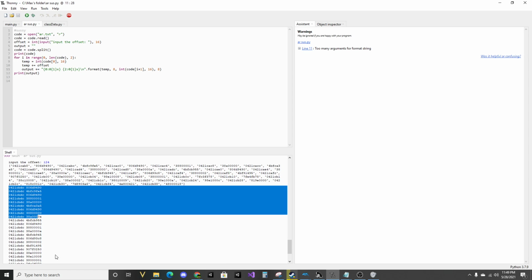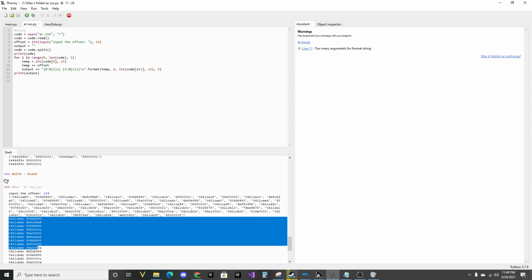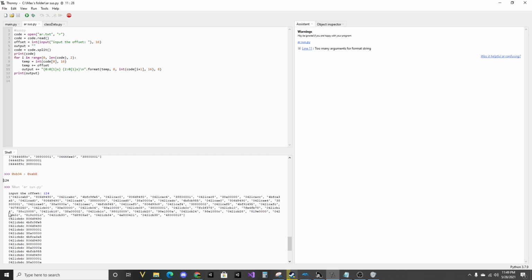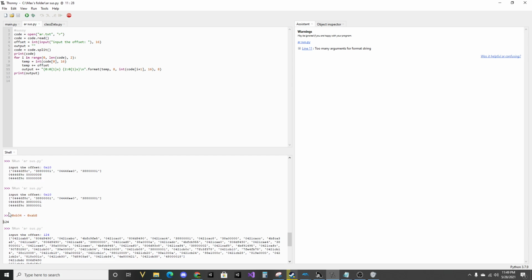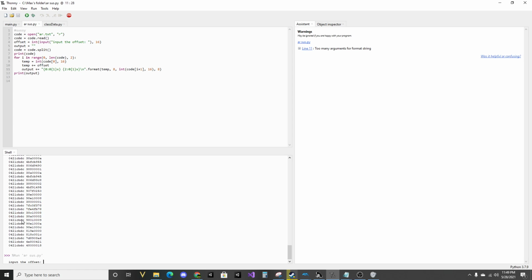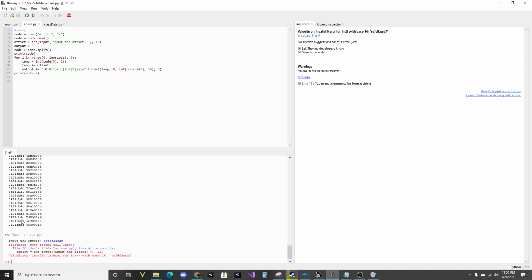Oh no, wait, sorry, that's wrong because it's thinking that that's 124 as an int, not as hex. So let me just try that again. It's not going to be 124. We don't want that. This doesn't matter. We want it to be